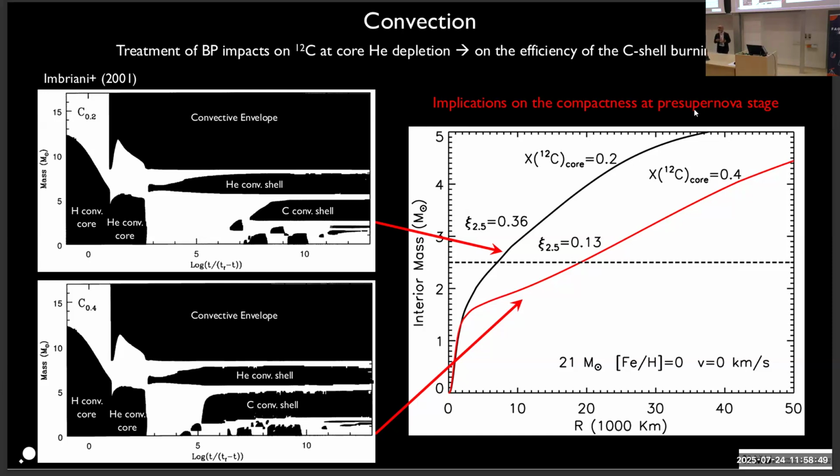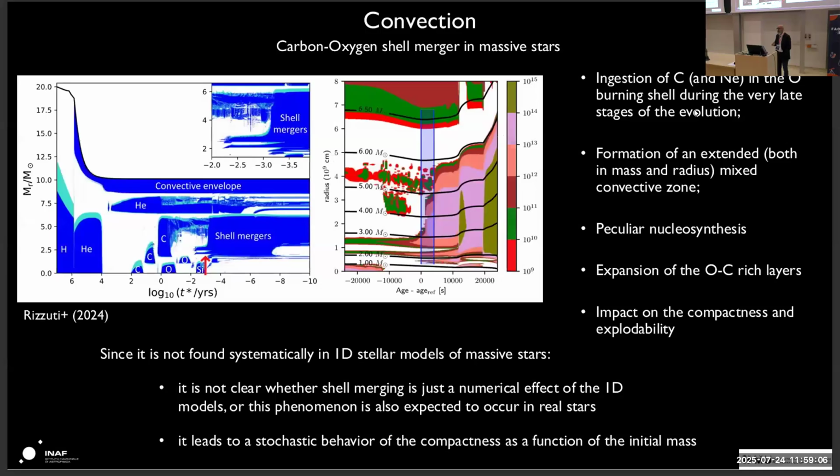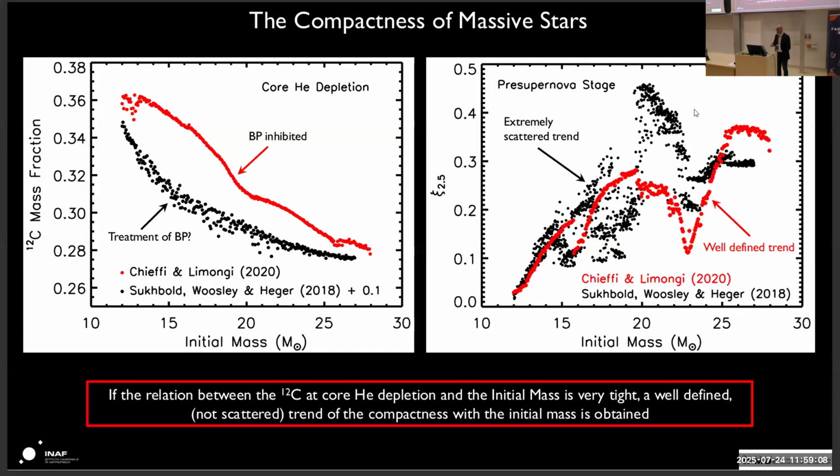And this in turn affects or determines the contraction history of the carbon-oxygen core. A more efficient shell means less contraction, a less efficient shell means higher contraction. And therefore, this directly impacts,